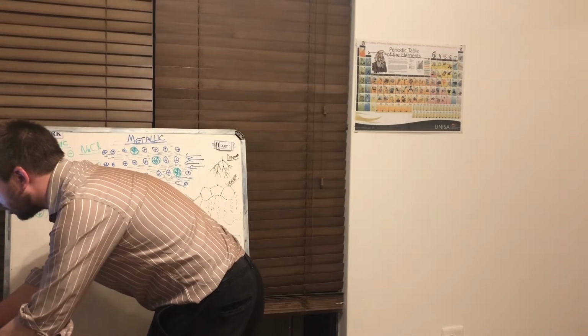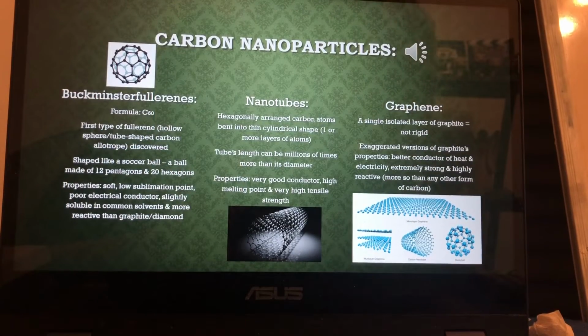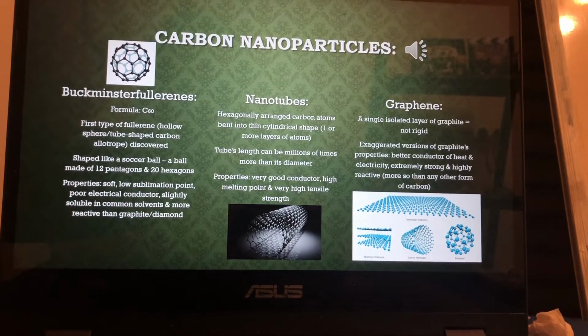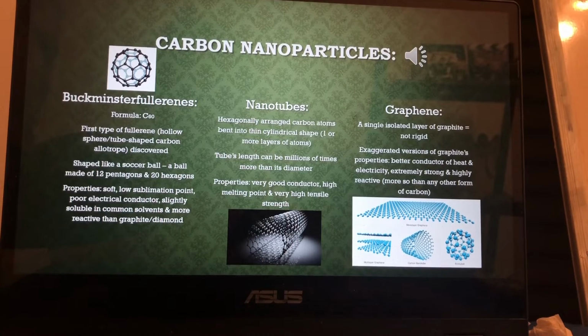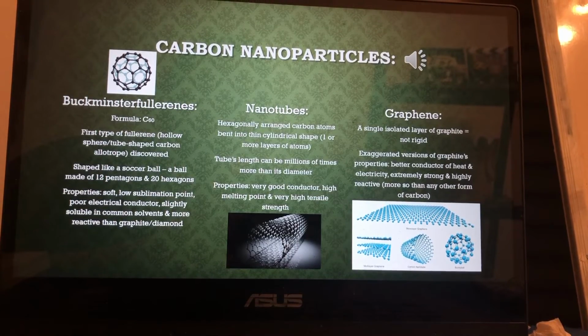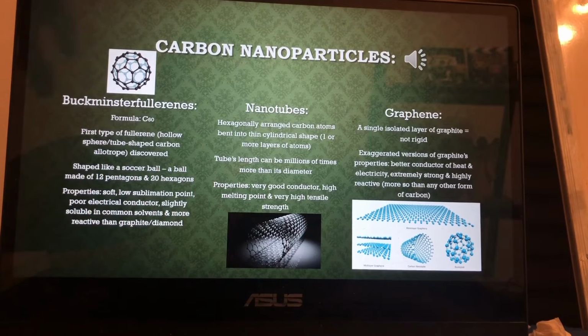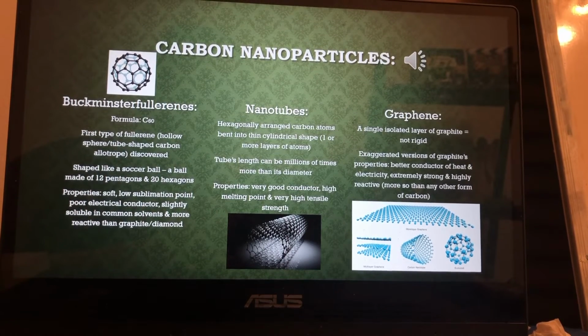And then one more quick discussion, and I'm going to show you this on my screen. So your 3rd allotrope of carbon, carbon nanoparticles, fullerenes. Firstly, you get the Buckminster fullerene C60. It's also known as the buckyball. It literally looks like a soccer ball. It's got 60 carbons bonded together in little hexagons and pentagons, and it is often used to trap atoms or